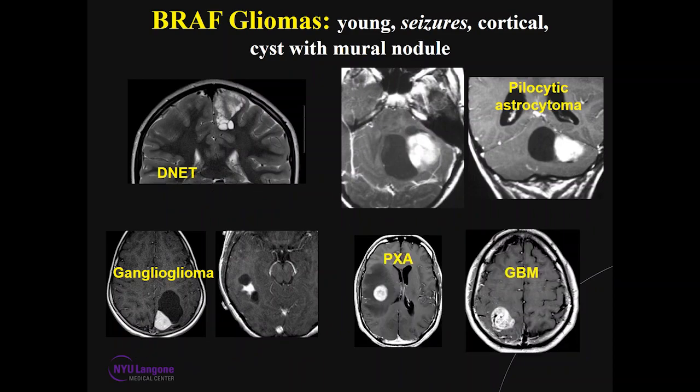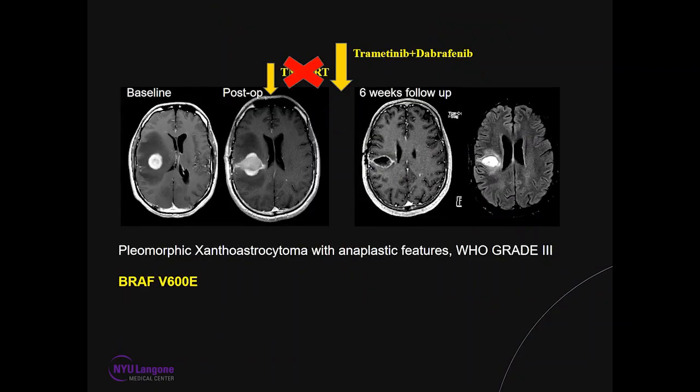However, not all BRAF gliomas are lower grade. There are some aggressive BRAF driven tumors. For example, this one turned out to be a PXA grade 3. This one was histologically called a GBM, a grade 4 tumor, but was a BRAF driven tumor, and that's an important segregation. The reason it's important is that our neuro-oncologists, despite this being a PXA grade 3 with a BRAF V600E mutation, an aggressive looking tumor after partial resection, did not treat this tumor with the standard of care, which is temozolomide and radiation